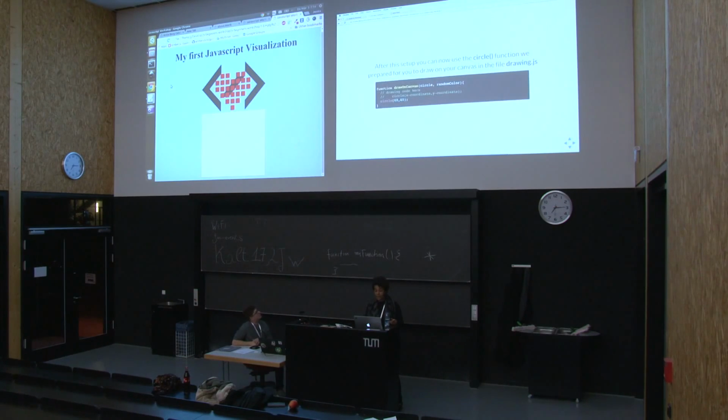The only thing that you will do is go into your drawing.js with your editor. You can just right-click on it and open it with your favorite text editor. There you will see a rather similar setup as here. You will see something like function, draw on canvas, circle, not random color, you just see circle. And then you have it empty for now. But what you can do now in the drawing.js is actually,